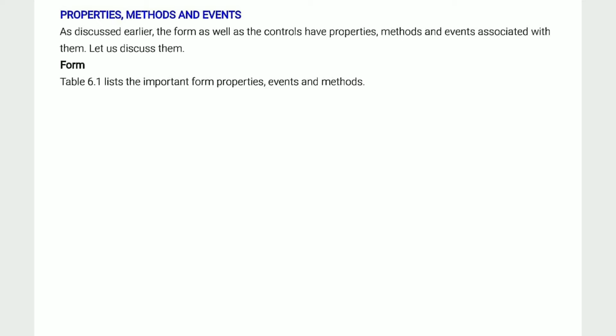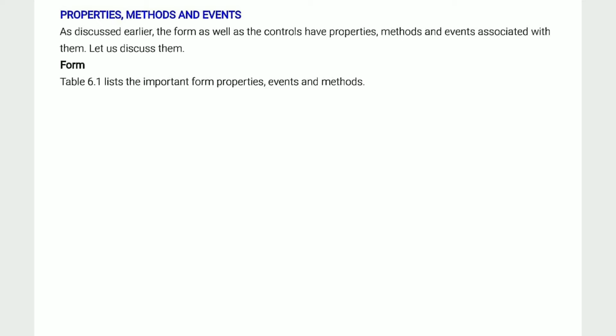I'm going to recall the properties, methods and events again. What are properties, methods and events? As I already described, properties are the most basic of the object's attributes. The properties window is used to set the properties of the control and other objects like form.